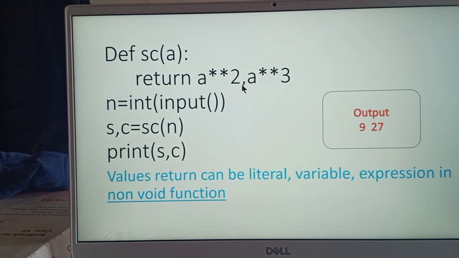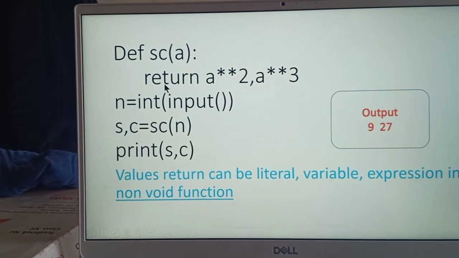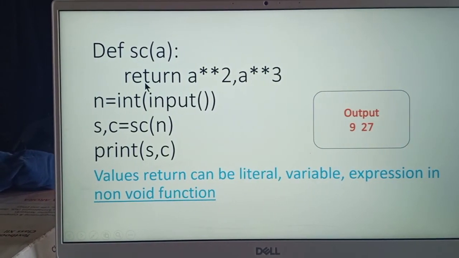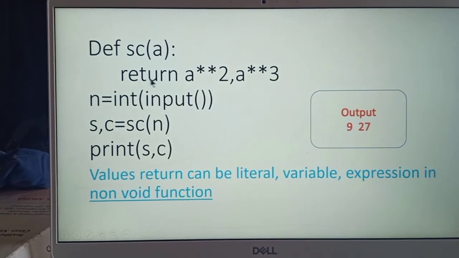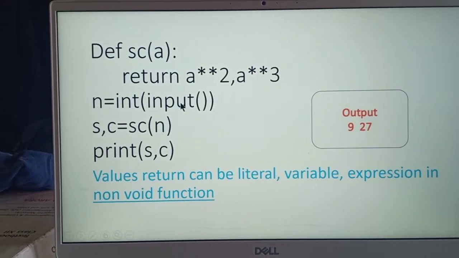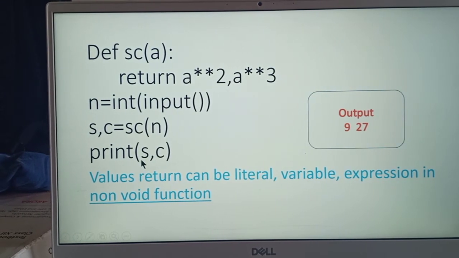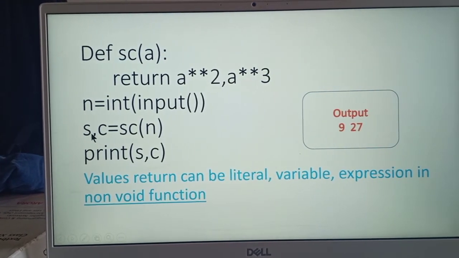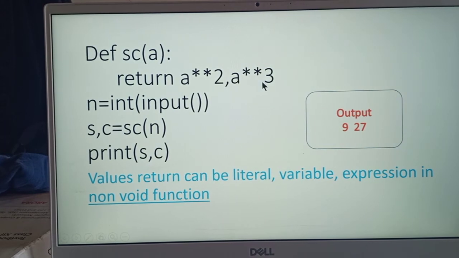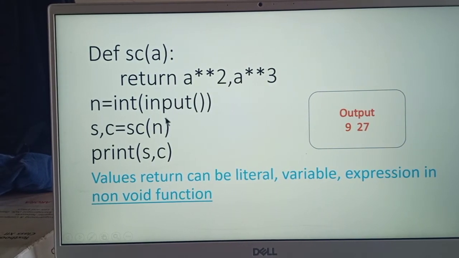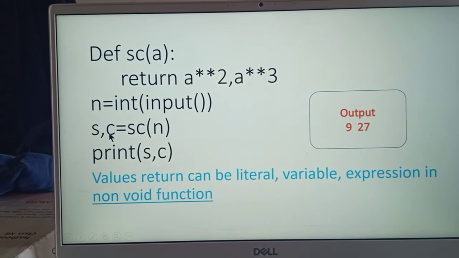And by returning this, return is written here again, so this will pass to the main body of function. This is the main body of function. So a square will be passed to s, here in this line, and a cube will be passed to c.